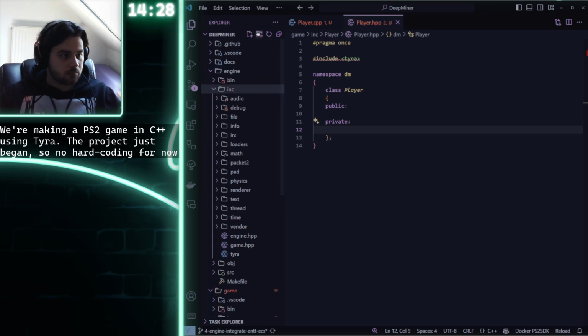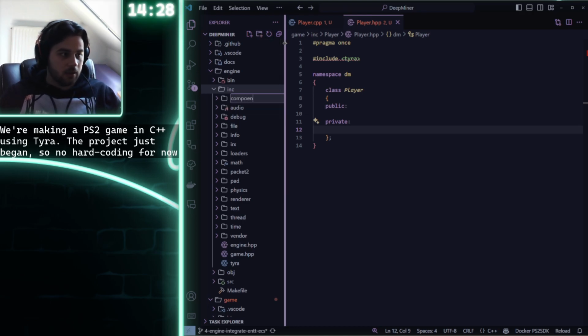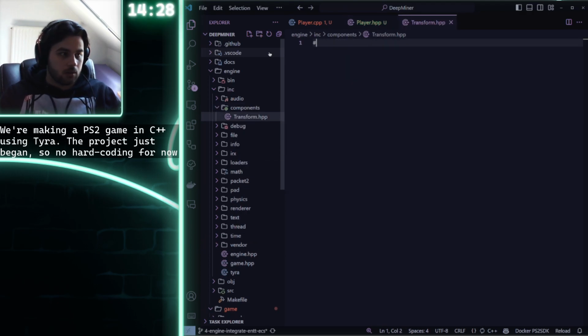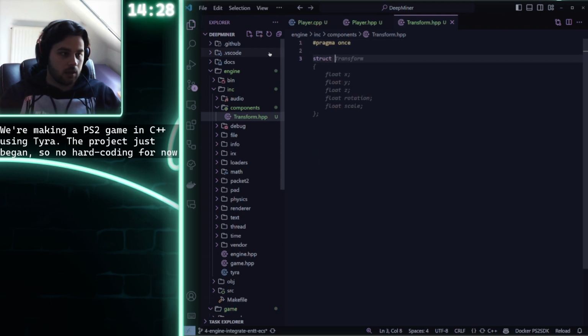Yeah. Add a directory called components. Let's start with transform.hpp. So pragma once, and we just need to add struct Transform